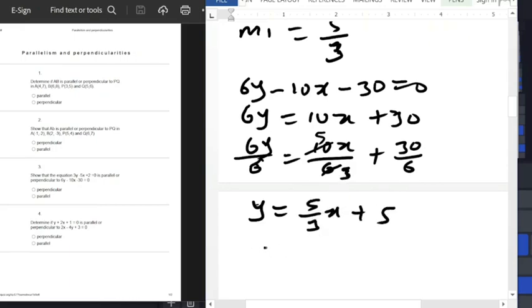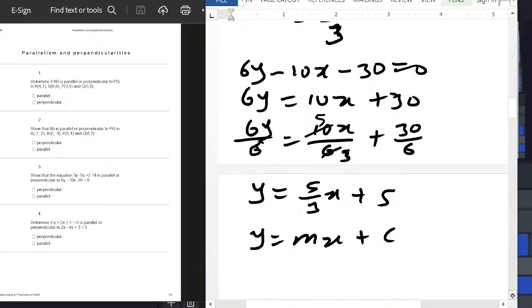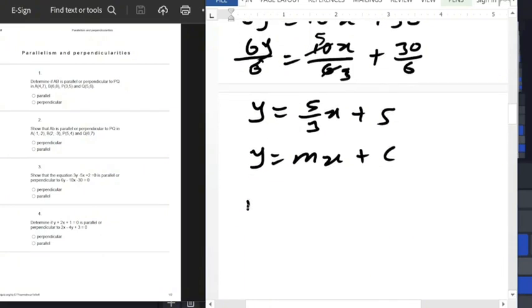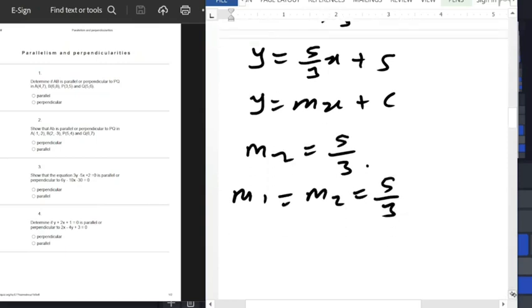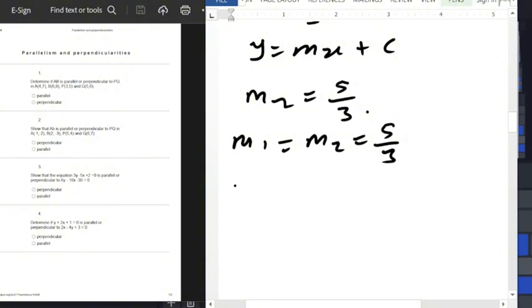You compare this with y equals mx plus c. So the gradient of the second equation, m2, is also 5 over 3. So you can see that m1 equals m2, which equals 5 over 3. Since the two gradients are the same, you can now conclude that, therefore, equation